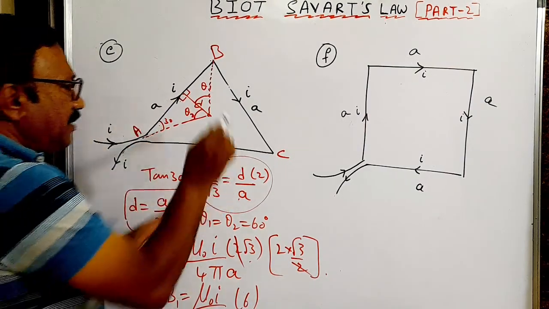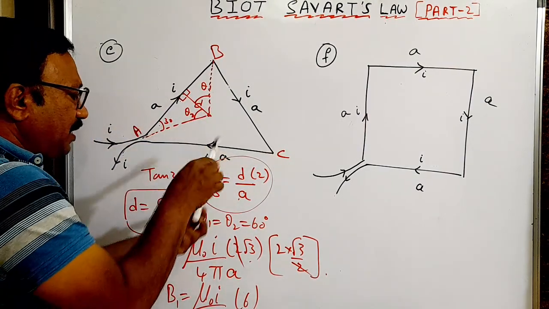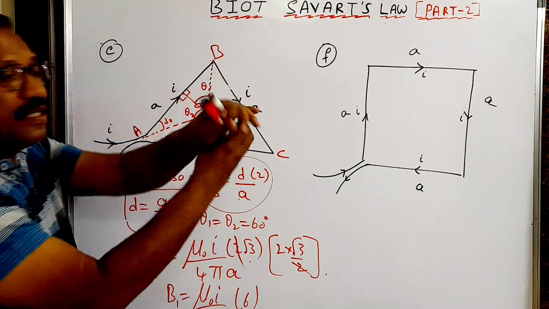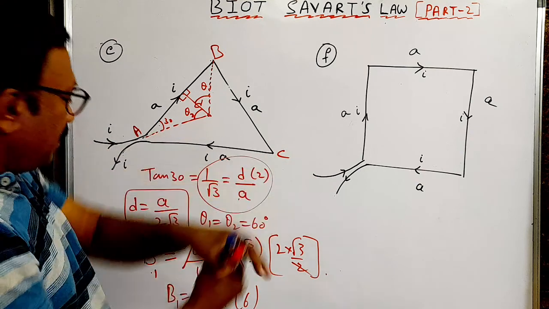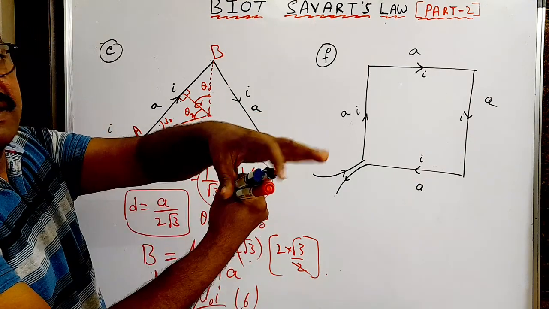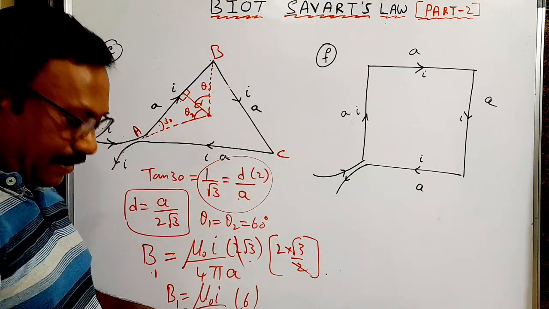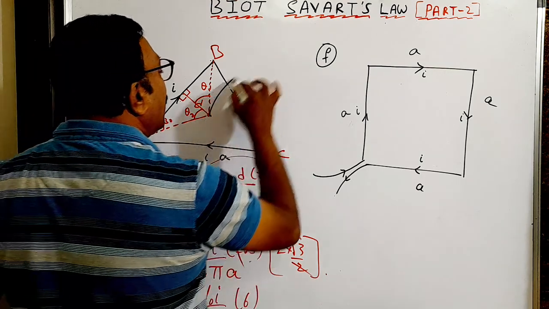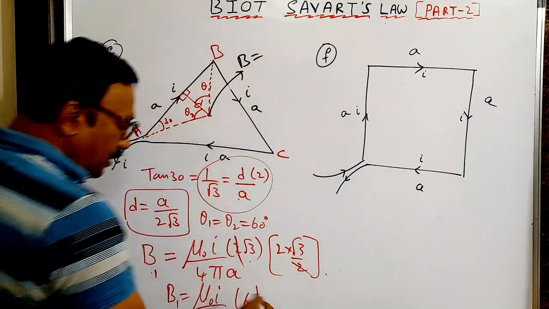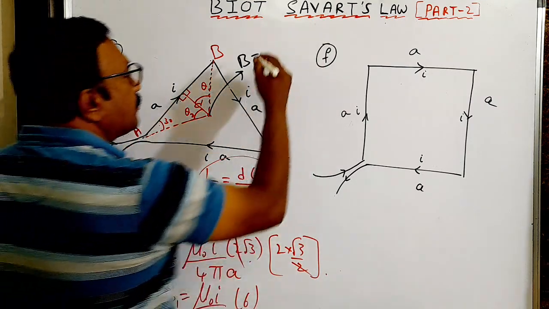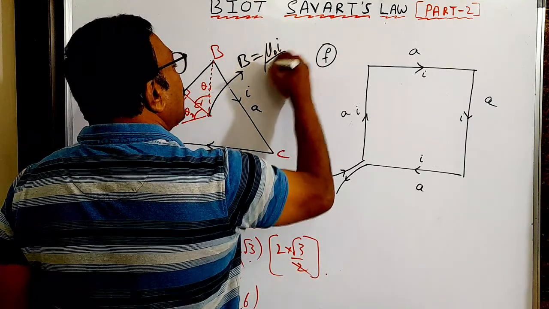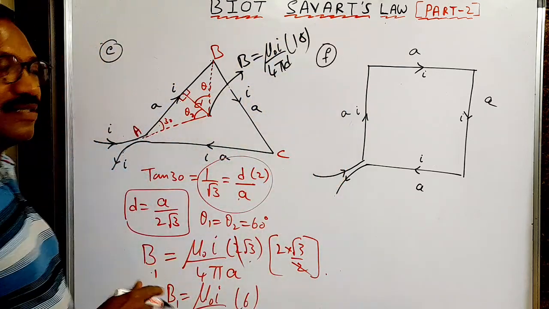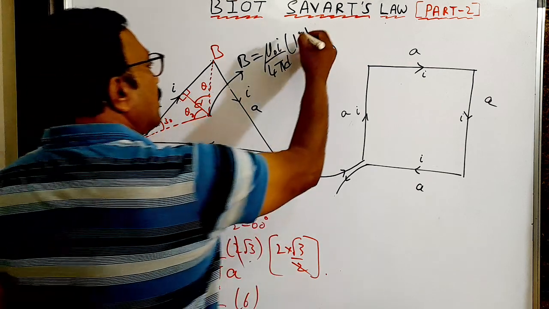So this field is inward, this field is also inward, this field is also inward. All the three fields are inward. So if this quantity is x, x plus x plus x is 3x. Fine. So 3 times this. So the total field at this point will be, into 3, I have to make 18, I'll get mu naught I by 4 pi d into 18. Generally 4 pi d we won't disturb. That is the magnetic field.